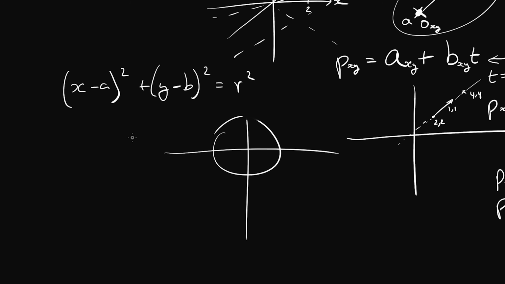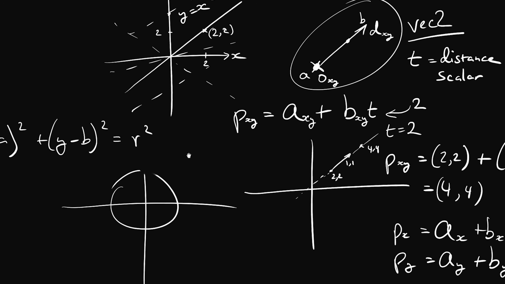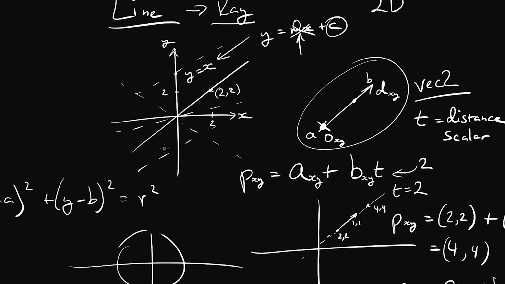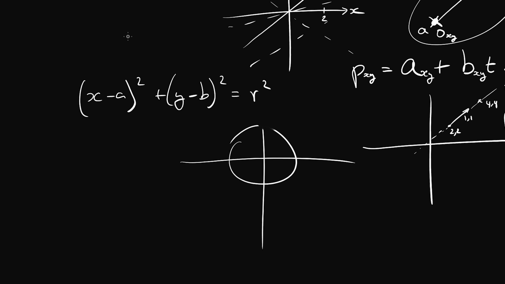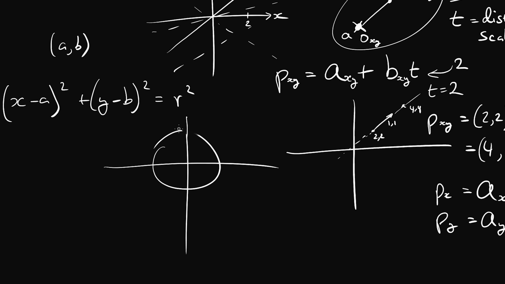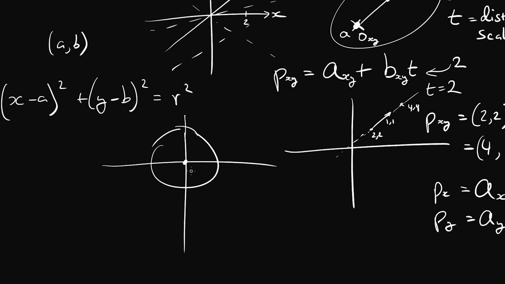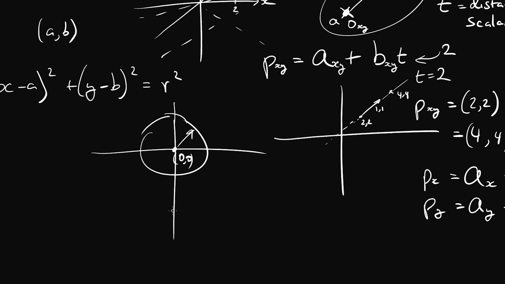Well, x and y are basically just our coordinates along this plane somewhere. So you can ignore those the same way that we would ignore y and x over here, since that's what we're actually showing. A and b, however, are basically the coordinates of the circle's origin, and r is the radius. So if we look at a circle like this one here, we can see that the origin is 0, 0 over here because it's centered at the origin. And then we have some kind of radius that defines a circle.